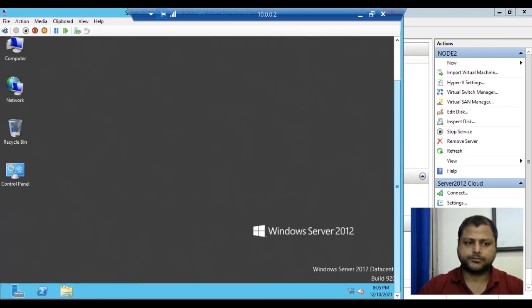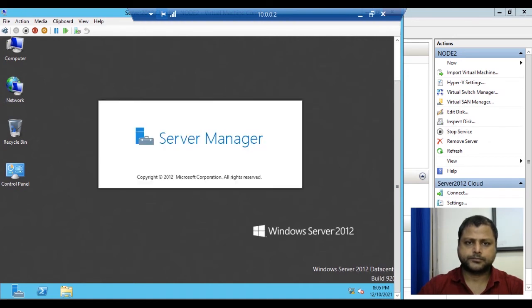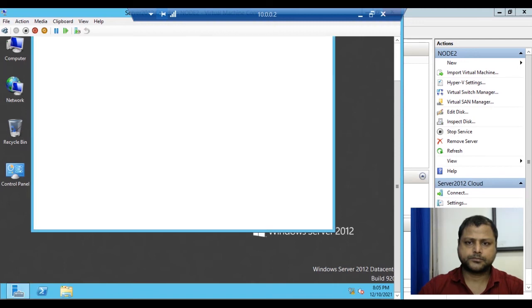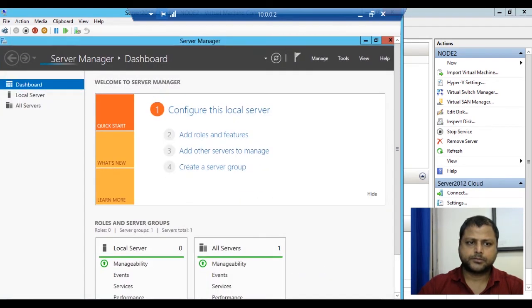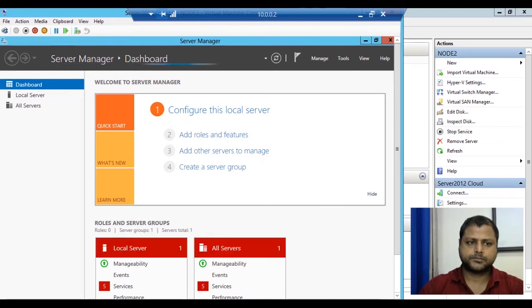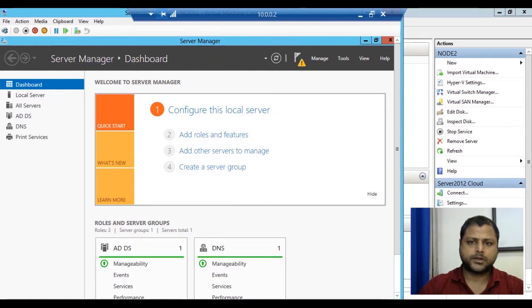Now the dashboard is loading. The dashboard is loaded here.